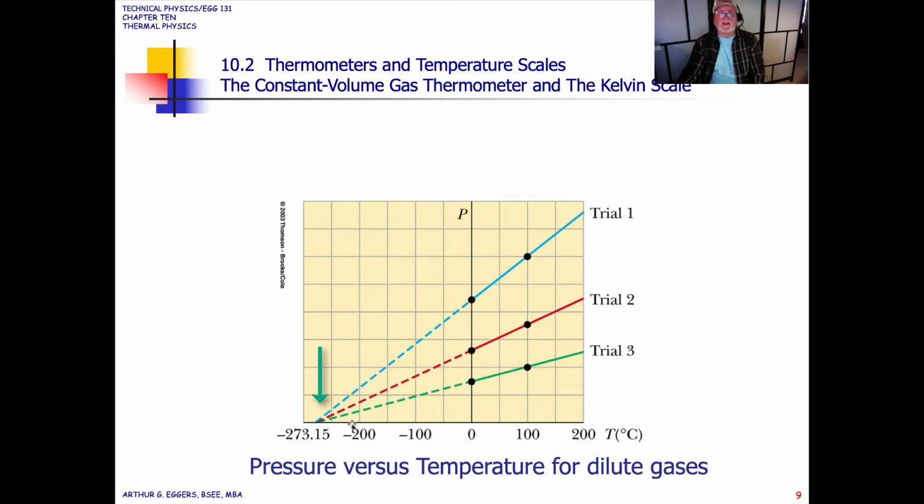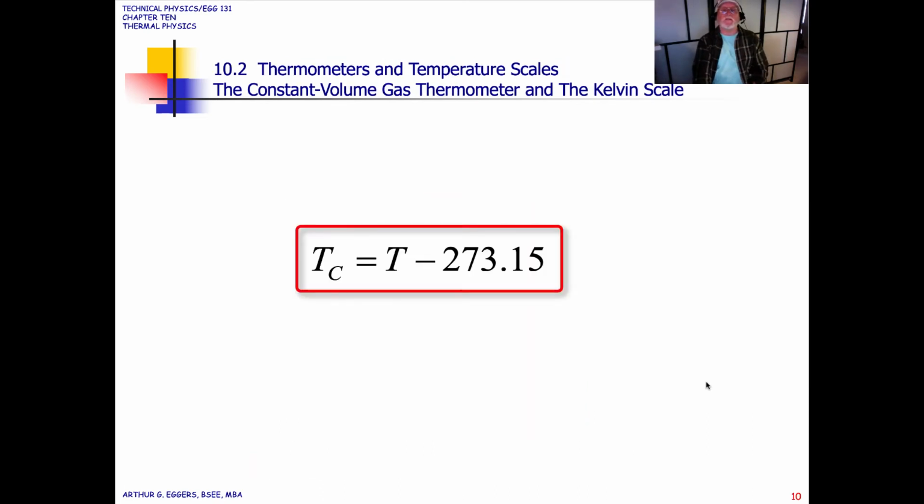So if we look at this by running trials of dilute gases, again, we can see the temperature and pressure relationship here. And notice that we have on the horizontal scale measured in Celsius minus 273.15. That's going to become an important number when we talk about Kelvin. So by definition, we can see from that graph that the temperature Celsius is equal to the temperature minus